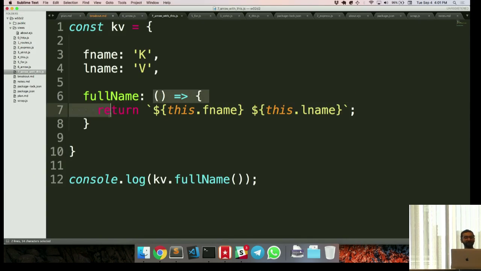So arrow functions aren't meant to be used in situations where you actually want this to be bound to the object within which a method is called, for example. So the definition of an arrow function is an anonymous function that doesn't rebind this. So it doesn't affect the value of this.